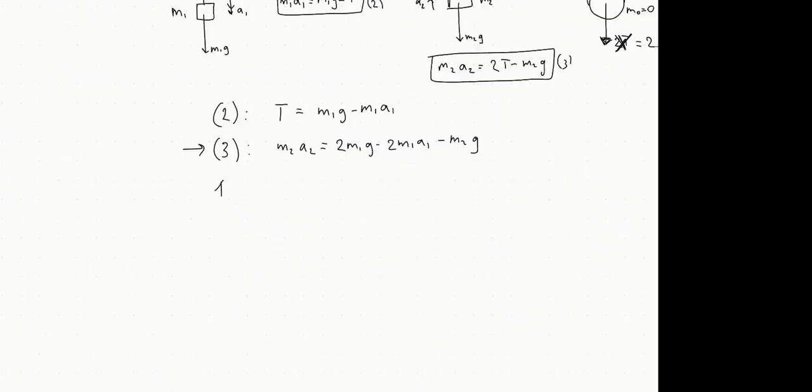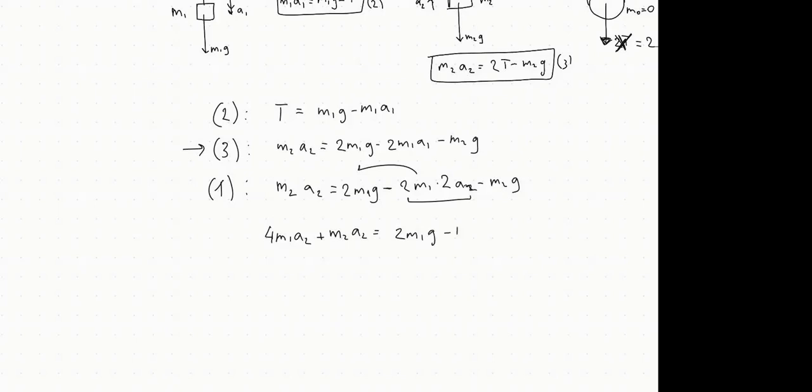So m2a2 equals 2m1g minus 2m1 times 2a2 minus m2g. So now I have only one unknown, which is a2, and I can express that out. I take this to the left, so 4m1a2 plus m2a2 equals